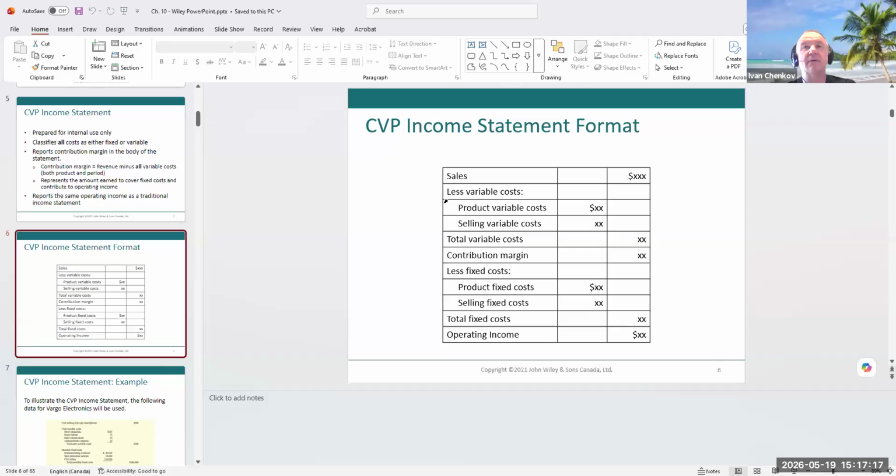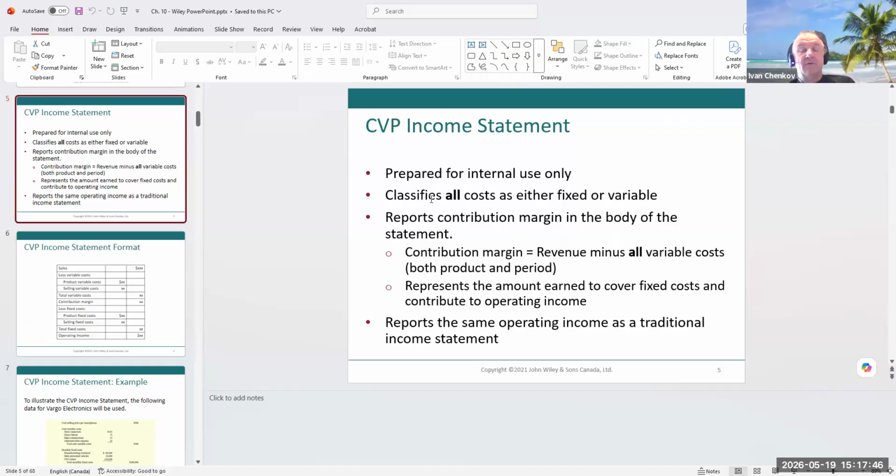When we have to split the cost, the slides give you this: the contribution income statement, cost volume profit income statement, or contribution margin income statement. It's going to be sales. We're going to have different variable costs, but again, there will be total variable cost. After variable cost, we have a contribution margin. After that, we're going to have fixed cost, total fixed cost, and operating income. So basically,